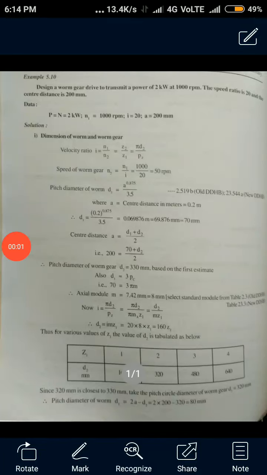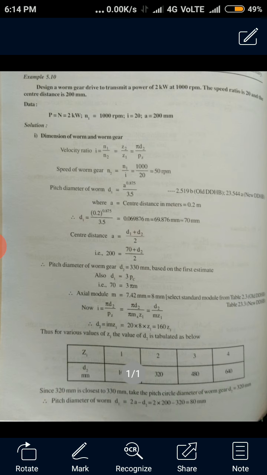Okay, so today we'll take the second problem on a worm gear. I hope you have gone through the first problem of worm gear. As I said, module 4 will be combined with design of clutches and design of brakes. Worm gear will carry the 20 marks and that is unit 1, and unit 2 is the design of clutches and brakes. So today we'll take the second problem of the worm gear and we'll finish this. Only these two problems on the worm gear are very important.